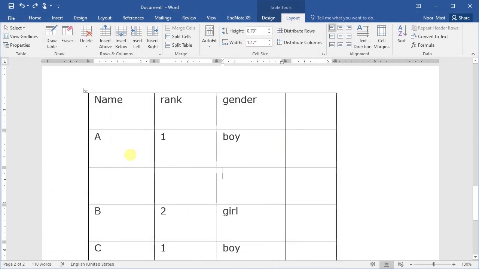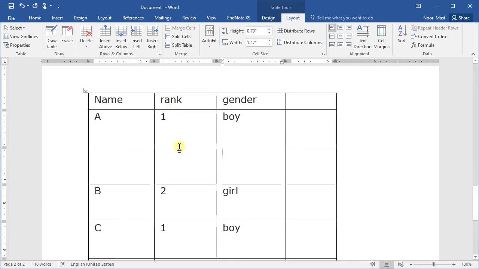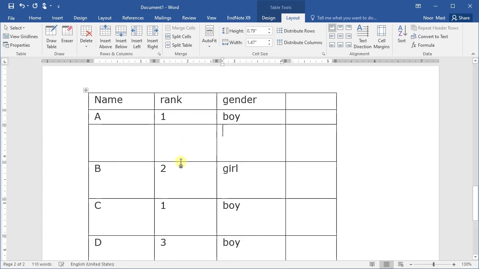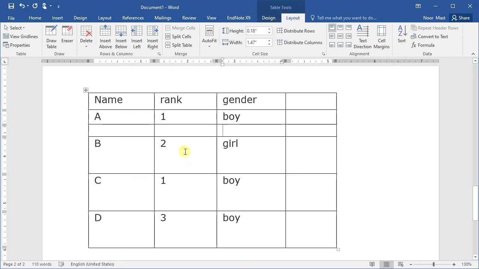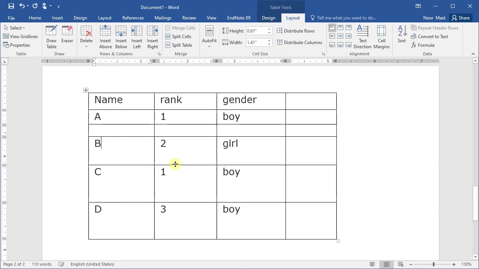So look at this table. So decrease the height of these first 3 rows. Now we have rows of different height in this table. The first 3 rows have small height as compared to the other 3, but we are interested to make all rows of the same height.